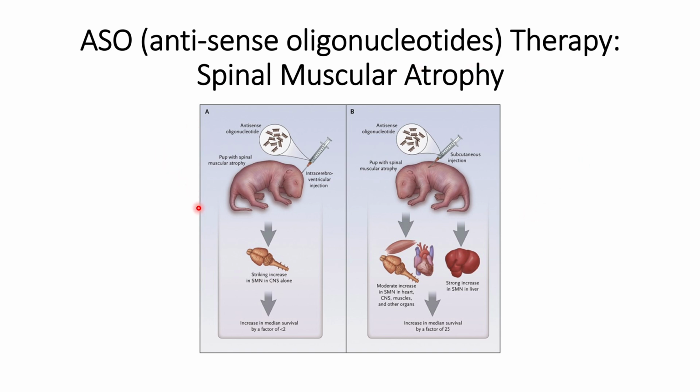But this result shows that soon antisense oligonucleotide therapy might overcome gene therapy, where the problem arises from the deletion of an exon in the final mRNA formation, or problems related to splicing of the exon. So I hope you have understood something about this antisense oligonucleotide therapy and how it works in spinal muscular atrophy treatment. If you need to understand this in detail, you can go through the references that have been